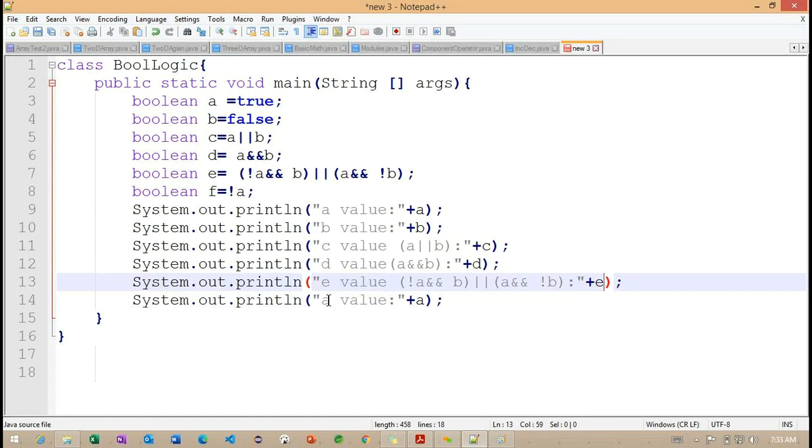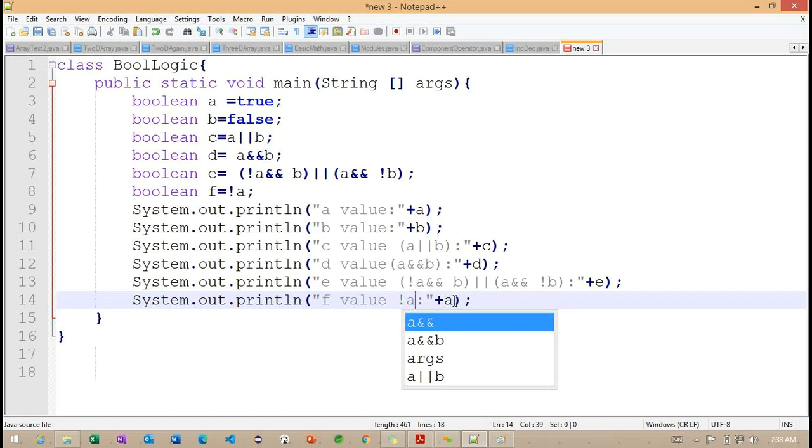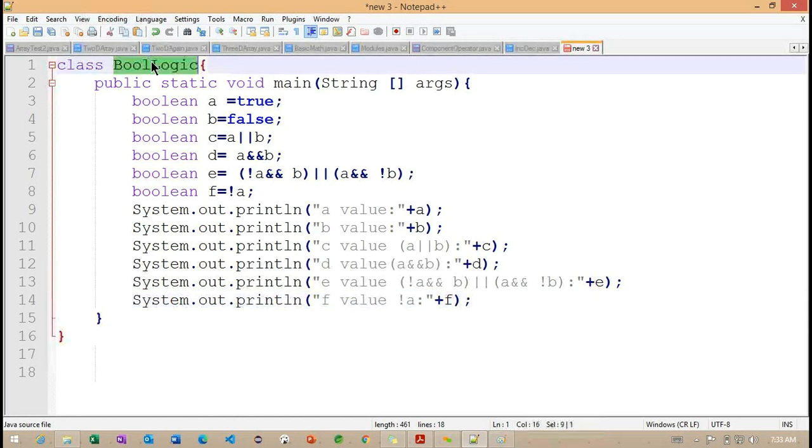Here we are going to return this E value. Sorry, F, NOT A, and F here. So these are our expressions we are going to print here.